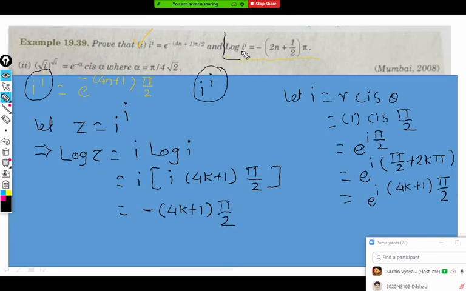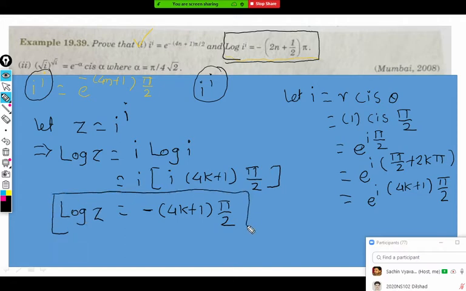So here the question was there that we completed actually. Both are same. If you take 2k plus 1 by 2 into pi, and if you take a common pi, you get that answer. So one of the parts you already proved, and this is the answer for the other part. I hope it is clear. This answer and this answer are same. The difference is that 1 by 2 is taken inside. Take this 1 by 2 inside, so it is (2k plus 1) by 2 into pi.